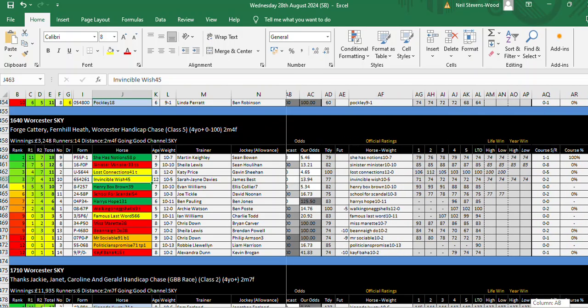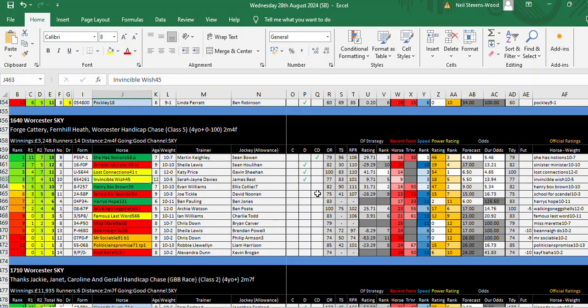And one of my final points of call is this horse offering us good value. And we look at these two columns. The forecast price is the price that the horse was when the ratings were collated, so this would have been on Tuesday evening around 7 o'clock, and we can see that She Has Notions would have been around 100 to 30. Sinister Minister 16 to 1. Our odds takes into account all the criteria in the spreadsheet and gives us what we think this horse should be. So we think that She Has Notions should be around 9 to 2